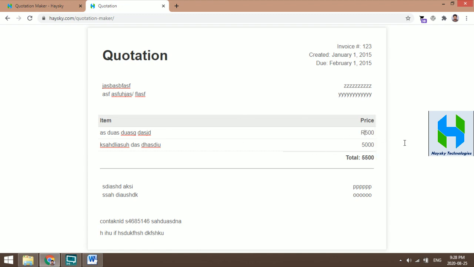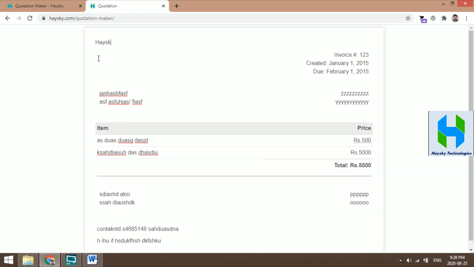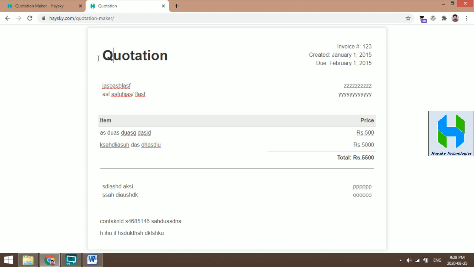After generating also you can edit it. Here I am keeping RS, rupees, like this. After creating also you can edit this page, and this is bottom left, bottom right, and this is the notes section. So like this you can make a quotation, and you can edit all the fields. While editing you should be careful, because sometimes we'll lose the formatting, sizes and everything.